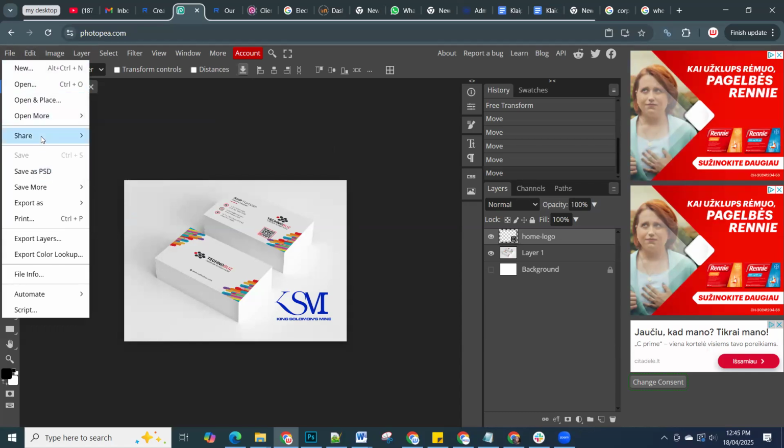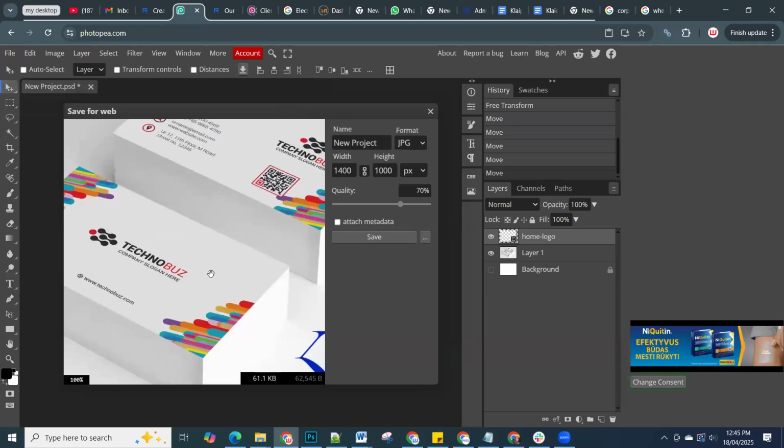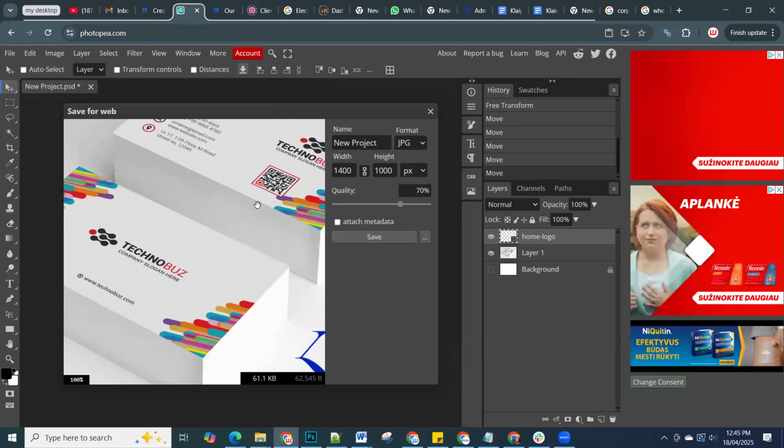When I try to save, export as, it should show me a part where I can adjust. Let me just do it. Save for web, I think it's automatic. That's all they have, save for web. So when they do this,